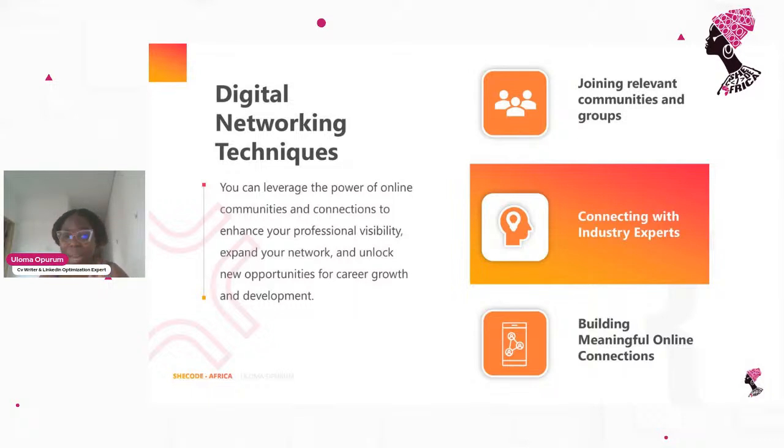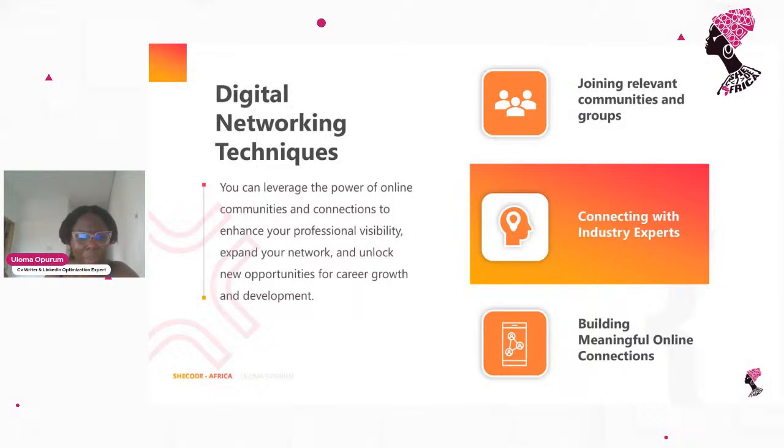So this is how you network. This is how you connect with people. You don't just randomly add people, even if LinkedIn is suggesting them. Please do not add people. One thing LinkedIn does is, if you keep adding everybody it suggests to you, at some point your account will be flagged as spam. They will think that this person adding all these people is probably a robot. Before you know it, your account will be temporarily disabled. They will ask you to upload your national ID or international passport to verify that this is really you. So it is very advisable that you don't go on an adding spree,